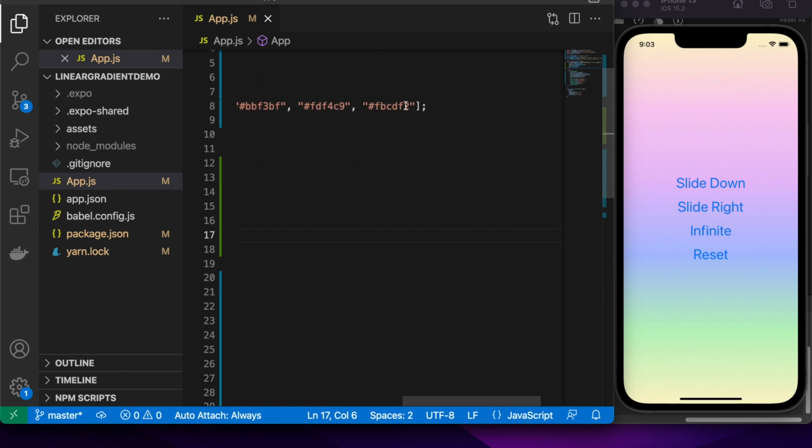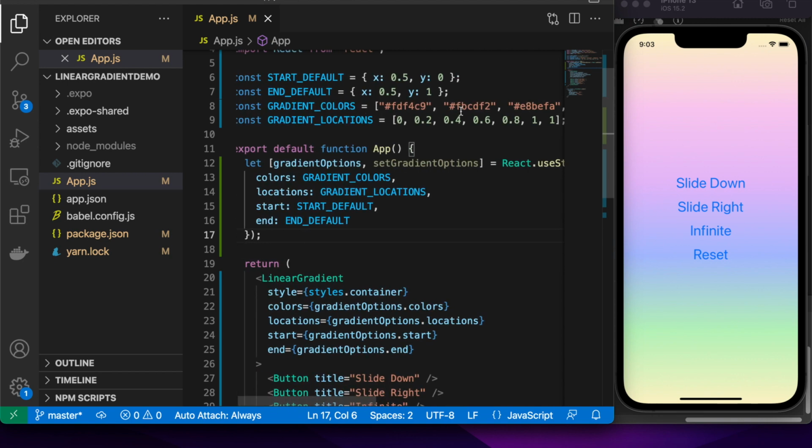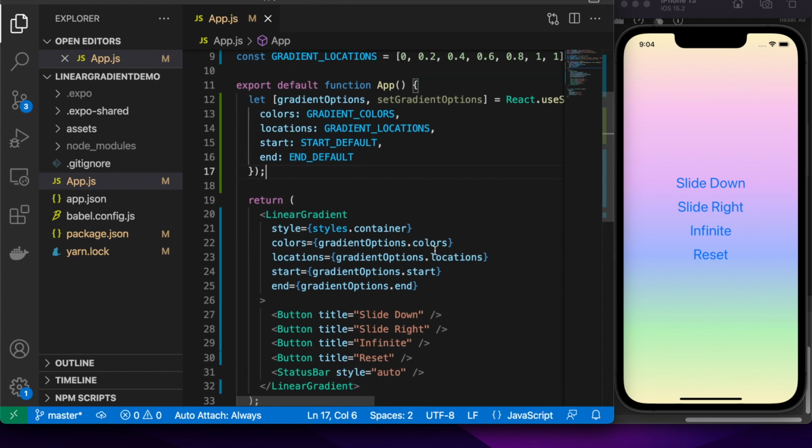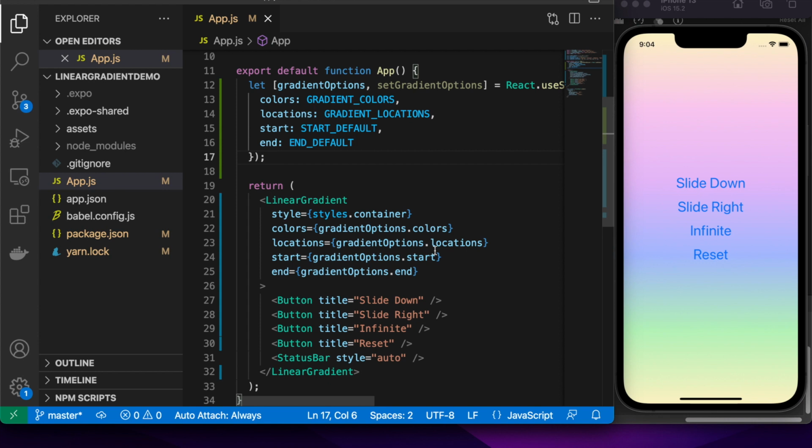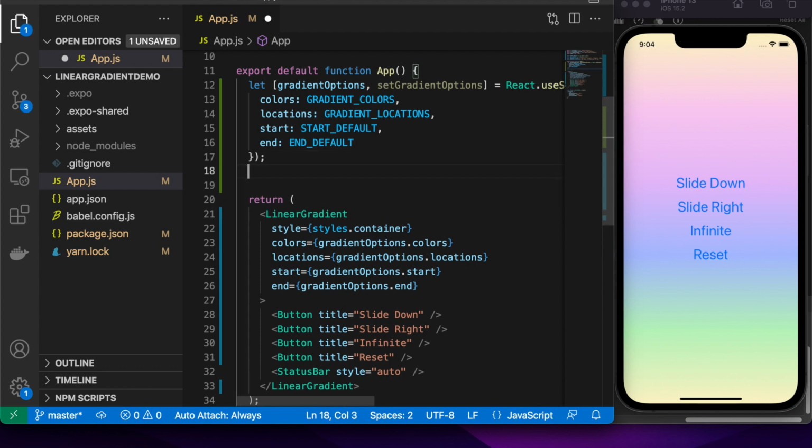You can see I've got in my locations this extra one and this extra colour that actually lines up with the second colour here, and that's because I'm going to be wanting to slide my gradient, and so I want that colour to be visible and not just show yellow for ages until it ticks to the next colour, because that would be a sudden jump. I want it to look more like a seamless rotating gradient rainbow.